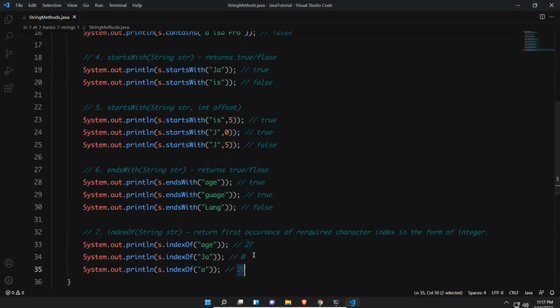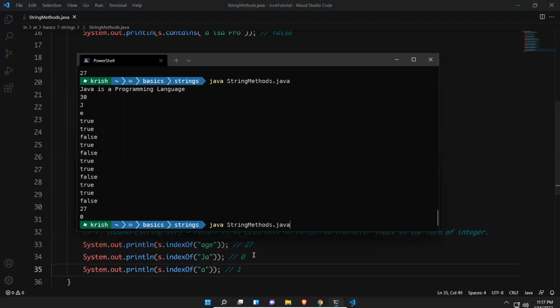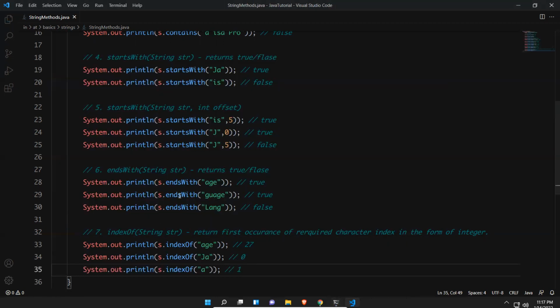The moment it faces that A, it gives the index of that. If you execute this, it will give you 1 only. In Java, JA, VA, you have 2 A's, but it will take the first occurrence. Because of that, it returns the first occurrence of the required character's index in the form of integer. So that's how it will work.